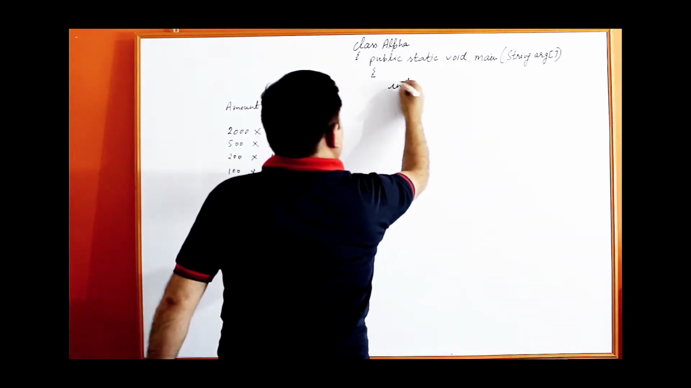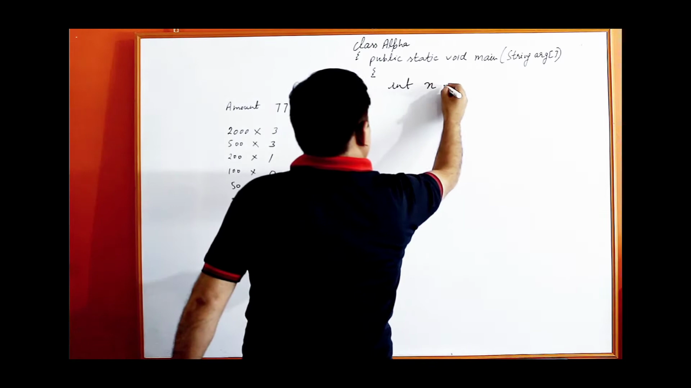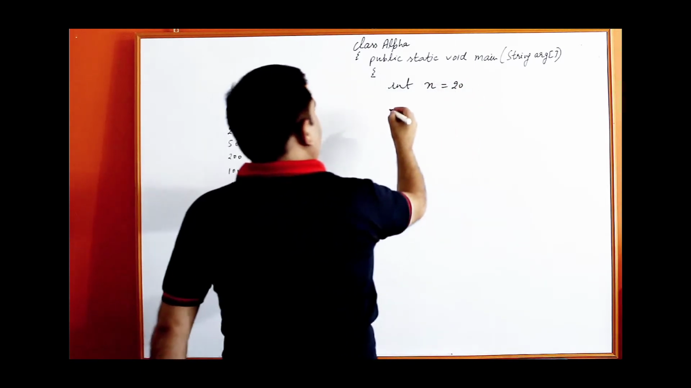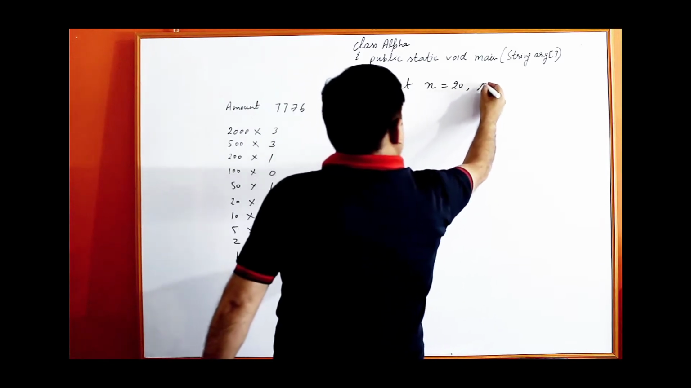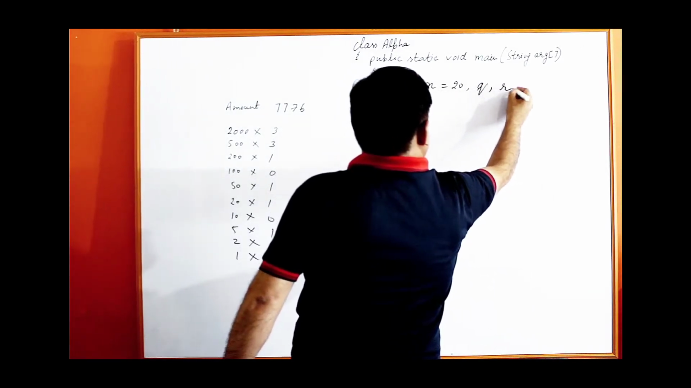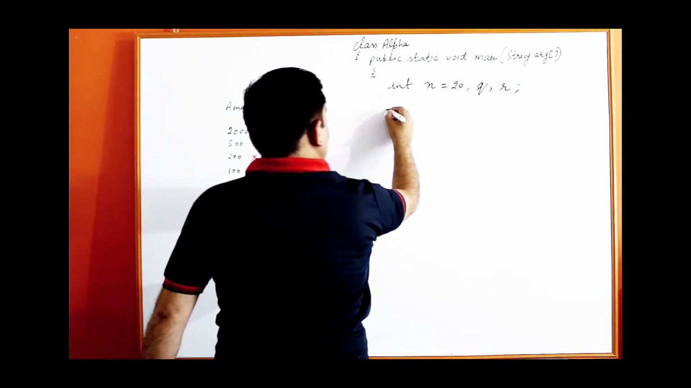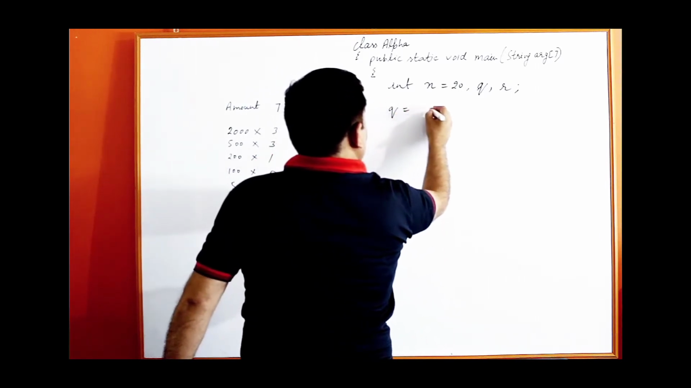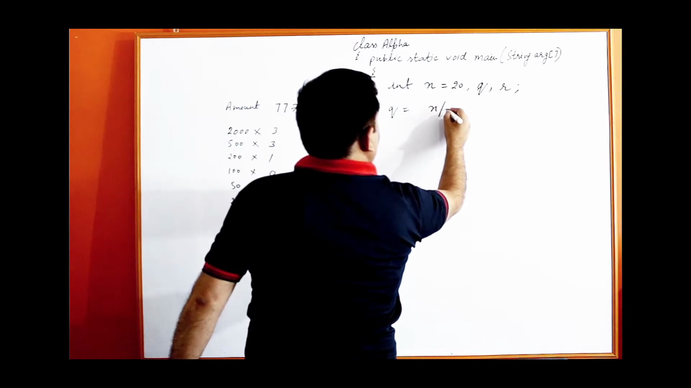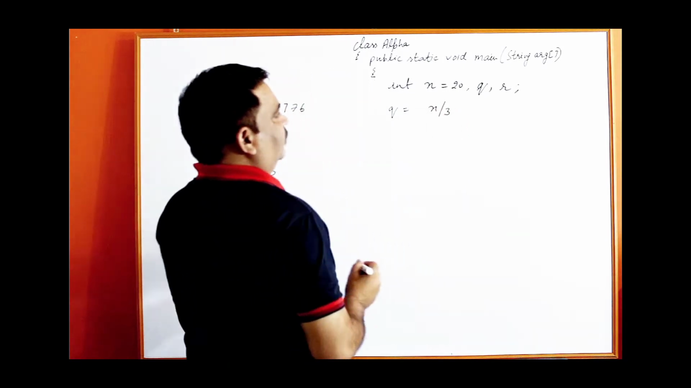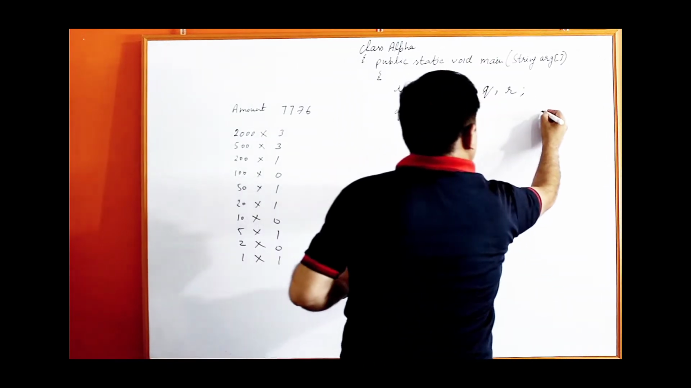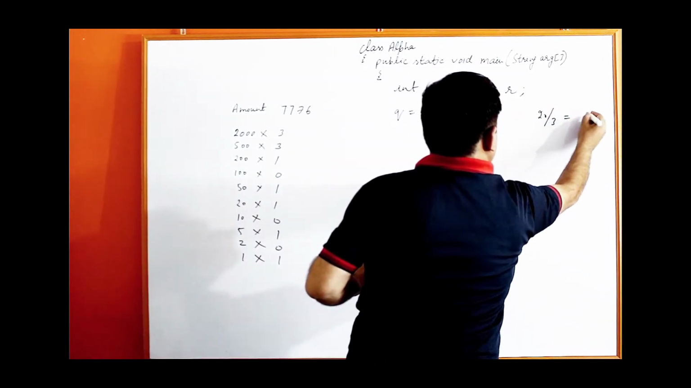Suppose I write here int n equal to 20, and one variable q, another is r. So q equal to, if you write n divide by 3, 20 divide by 3. When you divide 20 by 3, you will get 6, the quotient